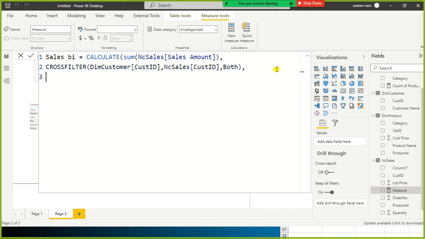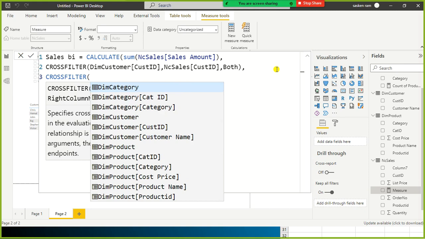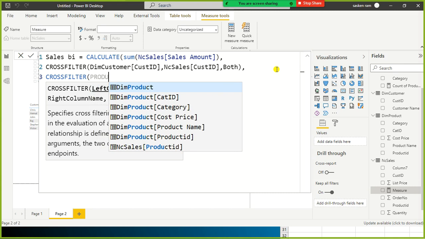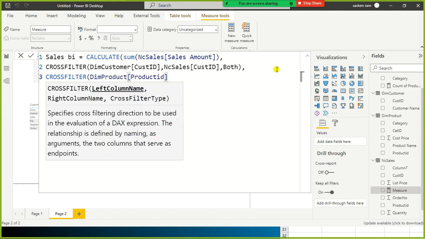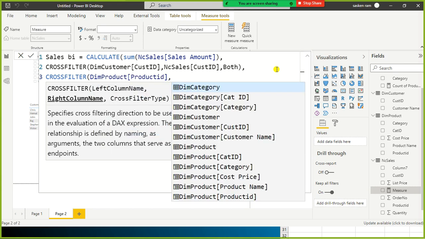If you hold the alt key and press enter, it will take you to the next line. Here you write cross filter, and we want to link up the product and this one, because we want to do the bidirectional thing. So I'm going to use product ID from your product table. In this case I'm using two slicers, so the third slicer, the category slicer, you can ignore.